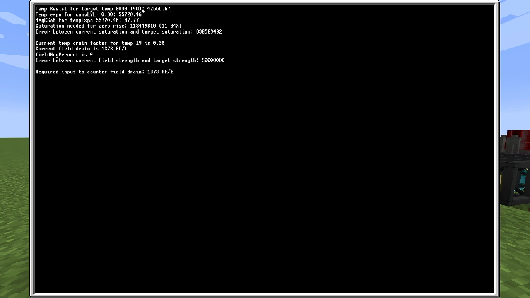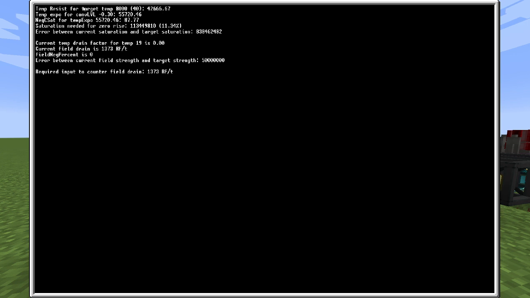It is going to give a bunch of stats. These are mostly for debugging purposes, but feel free to look at them and try to decipher what they mean. The code for Draconic Evolution itself is up on the GitHub for the mod author if you want to visit, try to find the source code for the reactor and try to decipher what all these terms mean. But basically, these are all the stats that the program will update in real time, showing how it's balancing